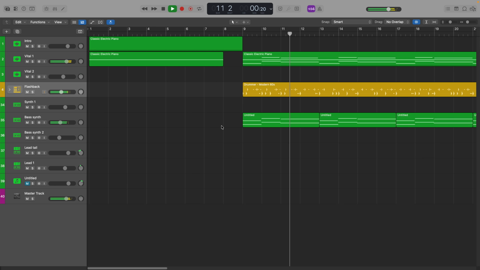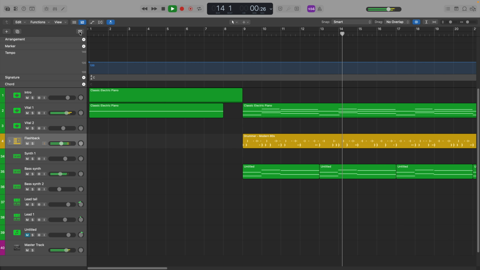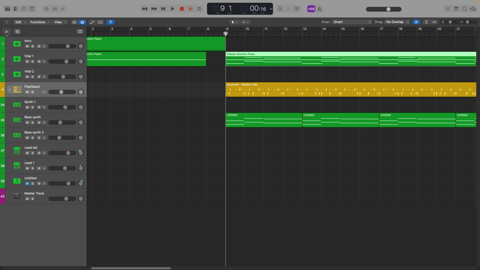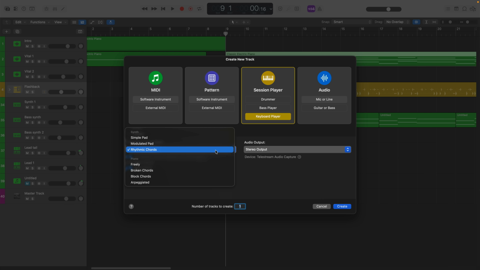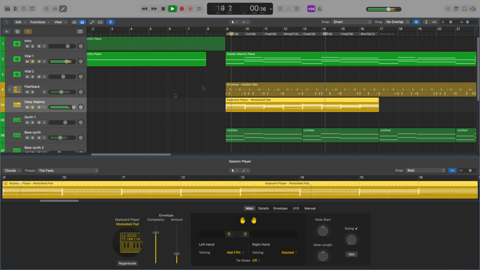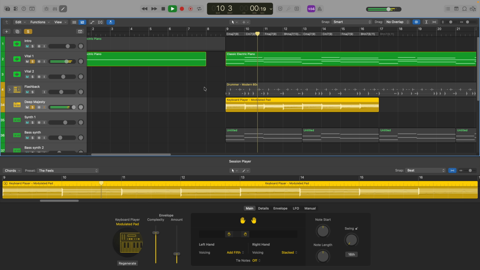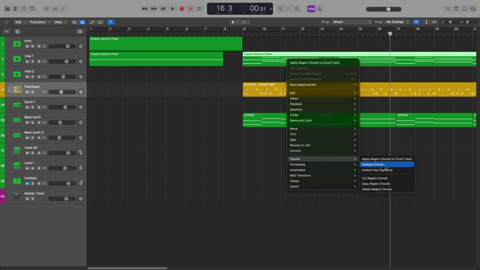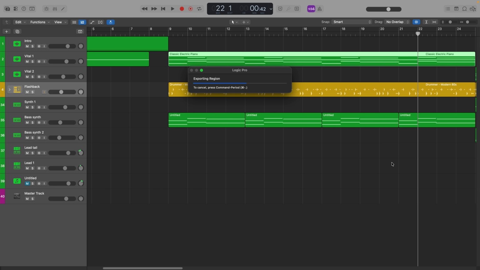In this project, I have some MIDI tracks already recorded with no chord track active or filled in. If I add a session player track, say a new synth player track, it'll populate it with regions, but it will just play back default chords that don't fit in with the rest of the project. Previously, I could use Chord Analyzer, for example, to find out the chords and then painstakingly enter them manually into